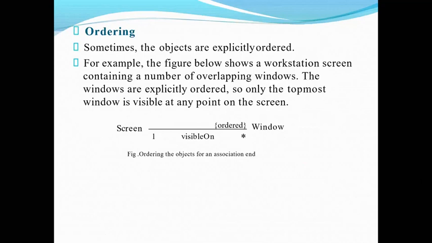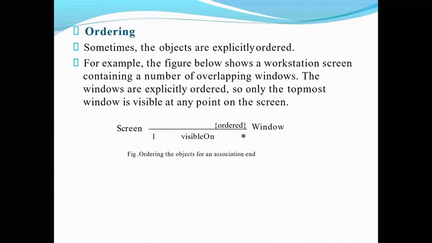So moving towards one more concept, that is ordering. We will see everything in one diagram, so don't worry. Ordering: what do you mean by ordering and where are you going to use this? This is also a type of association, where you are going to use it whenever you want to denote or notify any set of objects.